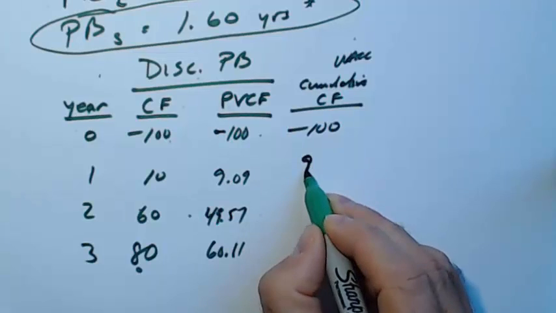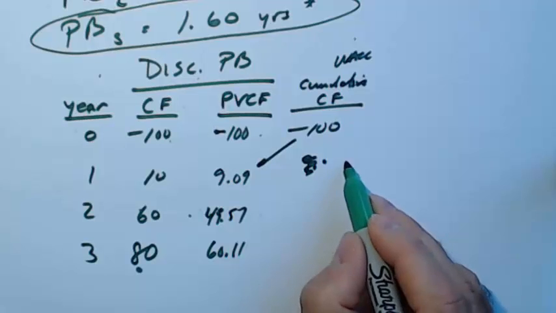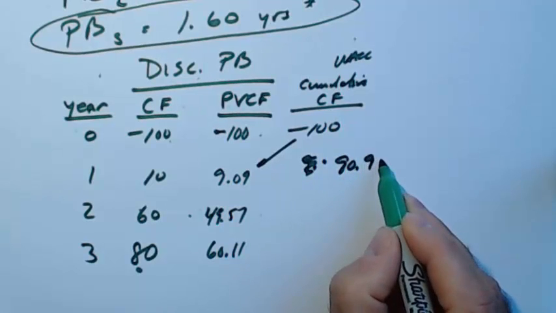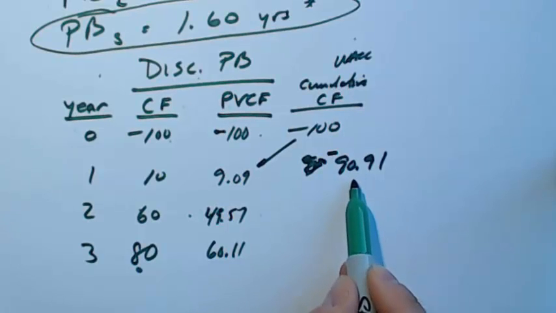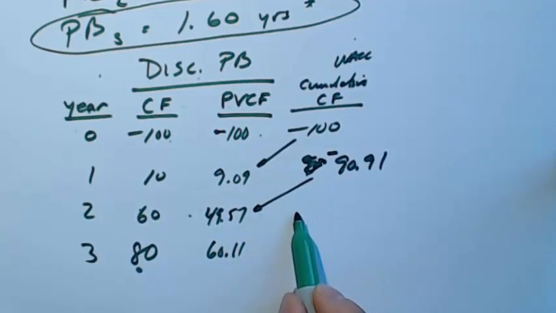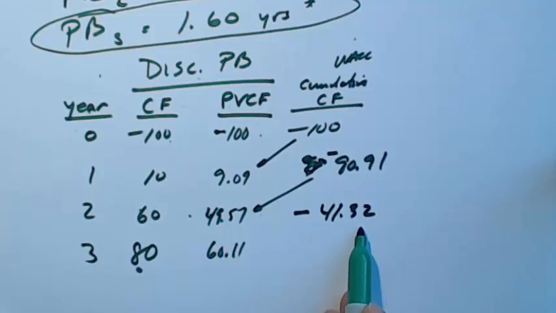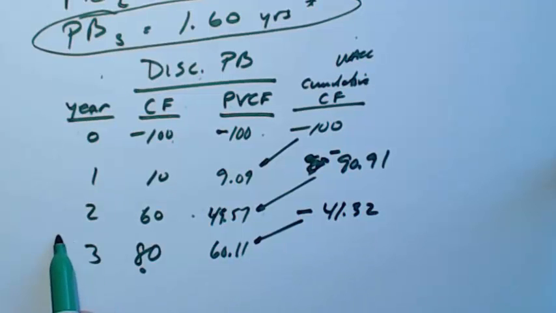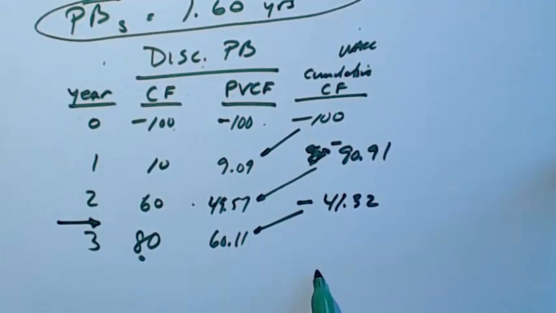We're going to add 9.09 to it, and when we do that, we come up with negative 90.91. So we're still in the hole by almost $91, but we're going to add $49.57 to it on the next shot, and we're still going to be down $41.32. And then we're going to add $60.11, and somewhere between year 2 and year 3, we go positive. So it's going to be 2 years